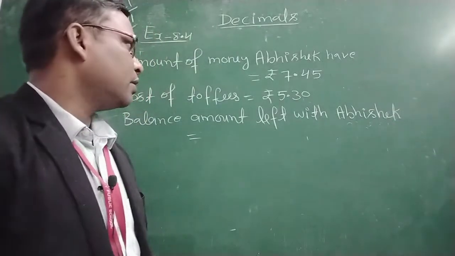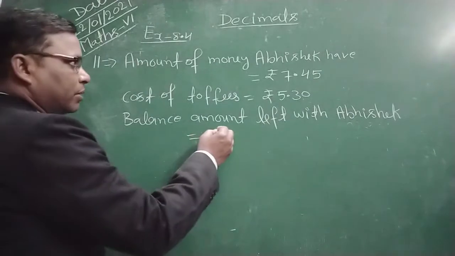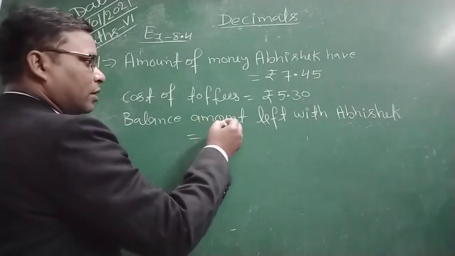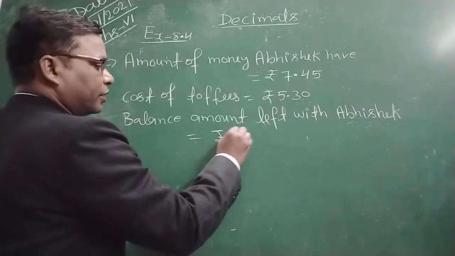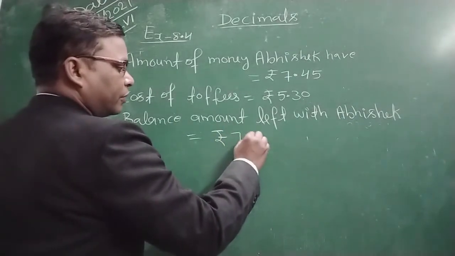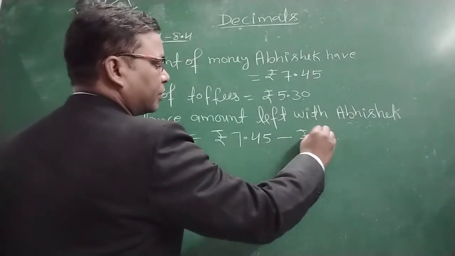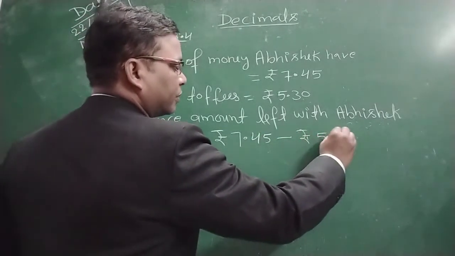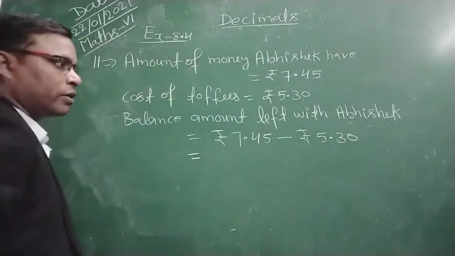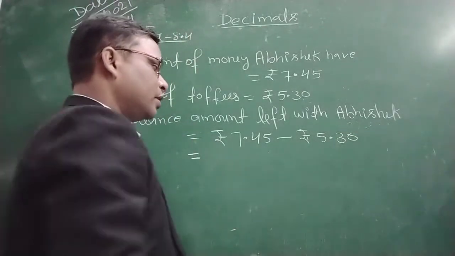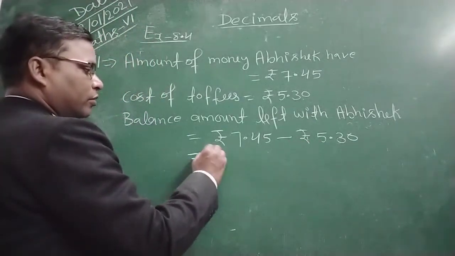So here balance amount left with Abhishek is equal to rupees 7.45 minus rupees 5.30. Okay, so how can you subtract it? If you subtract them, then you will get rupees